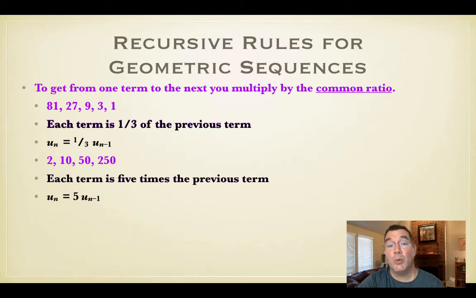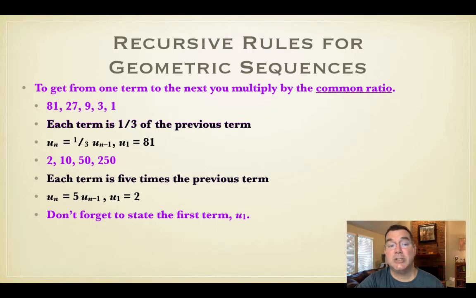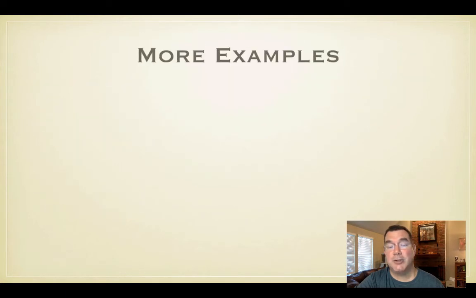and that's how I write the rule. And once again, just like I did with the arithmetic sequences, I need to write down what the first term is. I need to know where to start. So u1 for the first sequence is going to be 81. u1 for the second sequence is going to be 2, because that's where I started each sequence. All right, and that is how to do geometric